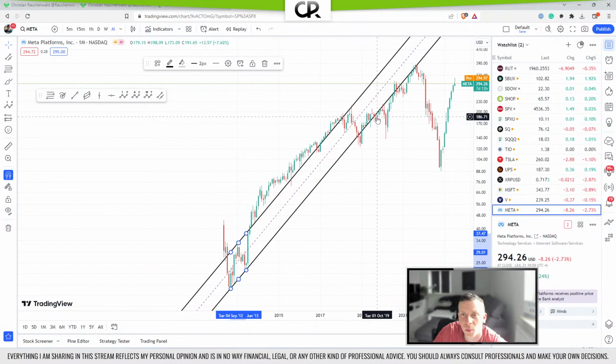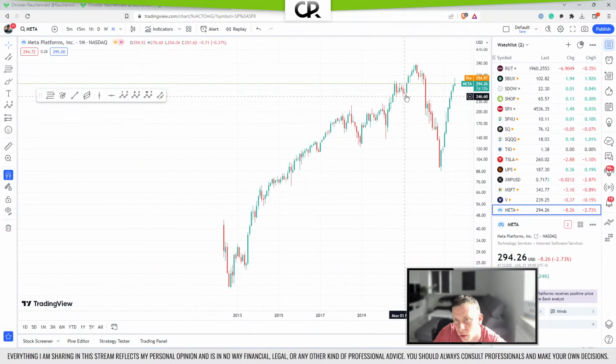So we have the same problem with Meta that we had before with one of the other stocks, that while theoretically this could be already our ABC corrective pattern, and we're here already in our wave 3 now, so 1, 2, 3, it's also possible that this here is just wave A, wave B, and that we're now going to get to see wave